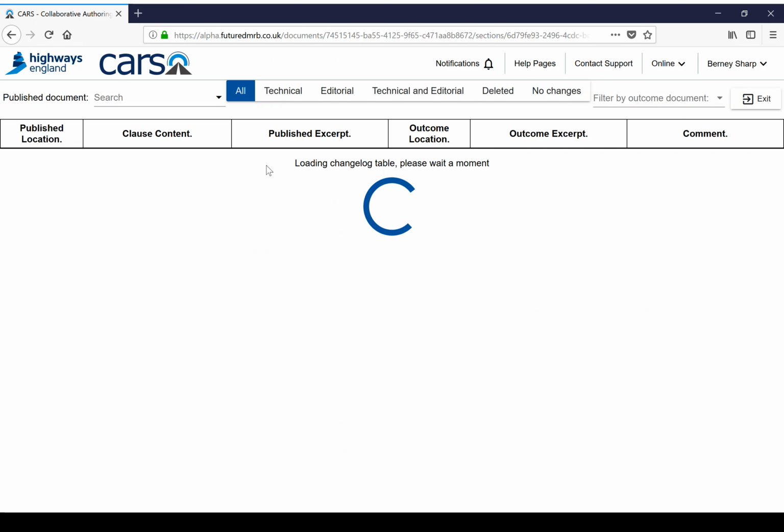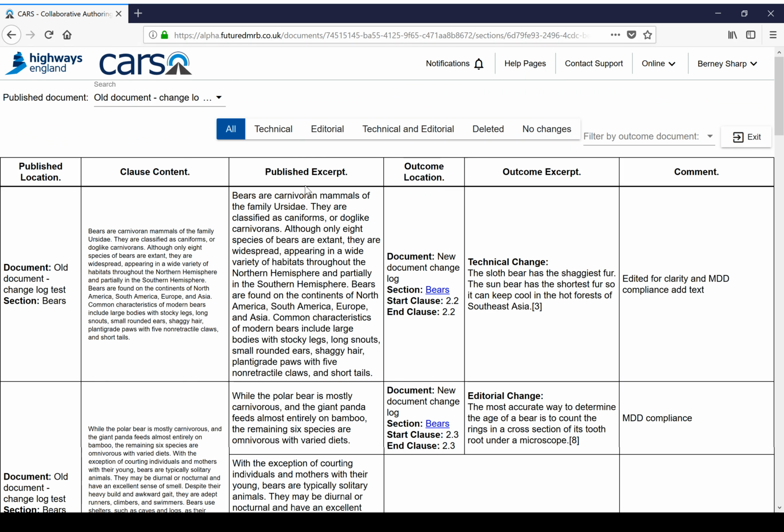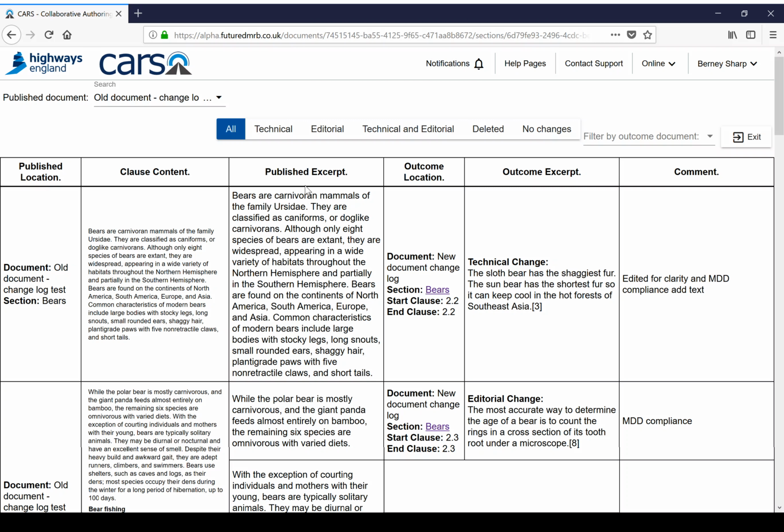If I click on that, it may take some time to load, so please be patient, don't refresh your screen. What we can see here is a table with the published information on the left, so by published that's the old document, and the outcome location and any commentary on the right hand side, so that's your new document. So the first column shows us the published location, then it shows me what the clause content is, followed by